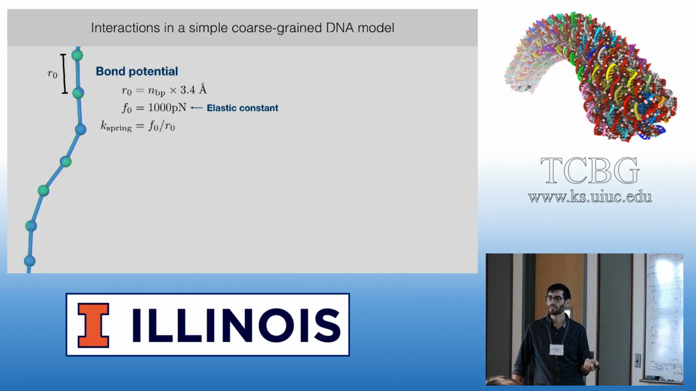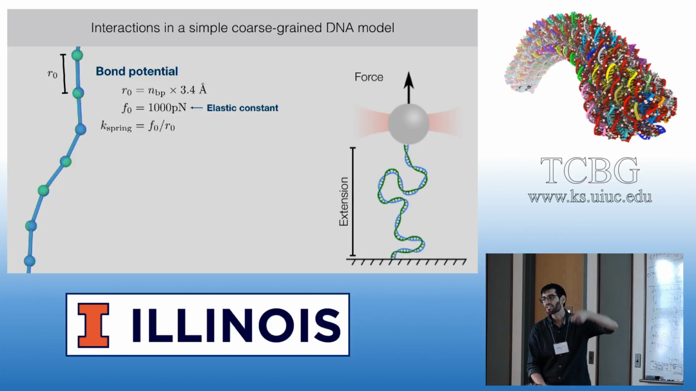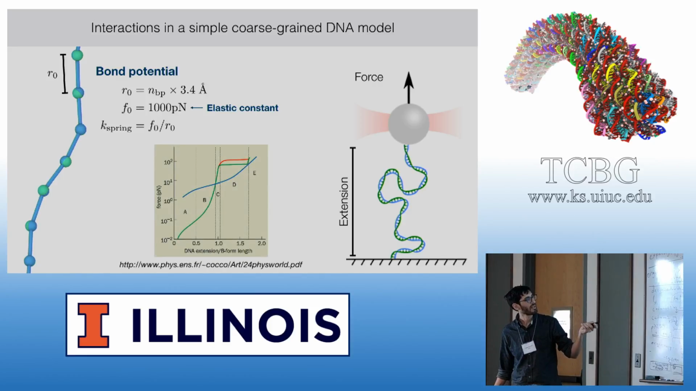The spring constant for the bond is obtained from experimental measurements from stretching double-stranded DNA in an optical trap like this. An experiment like this will produce data that looks like this, where you have extension of the DNA duplex on the x-axis and force on the y-axis. And there are a number of regimes, and the one I'd like to highlight is this